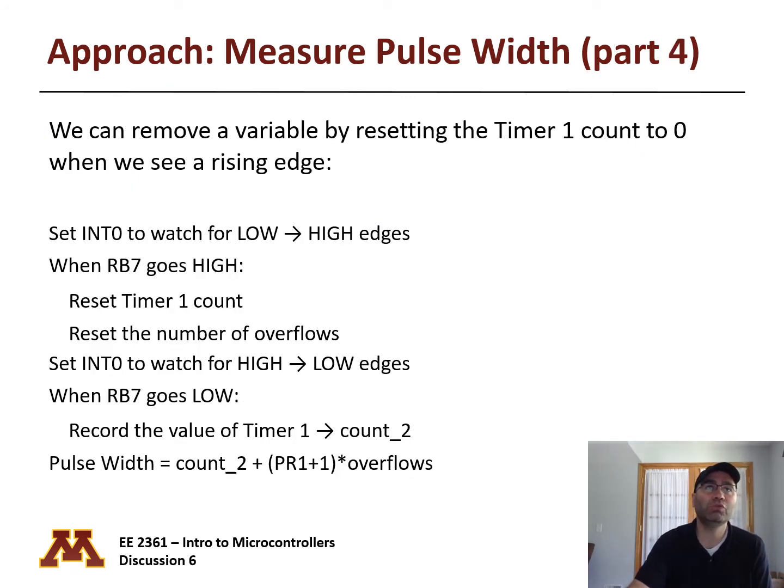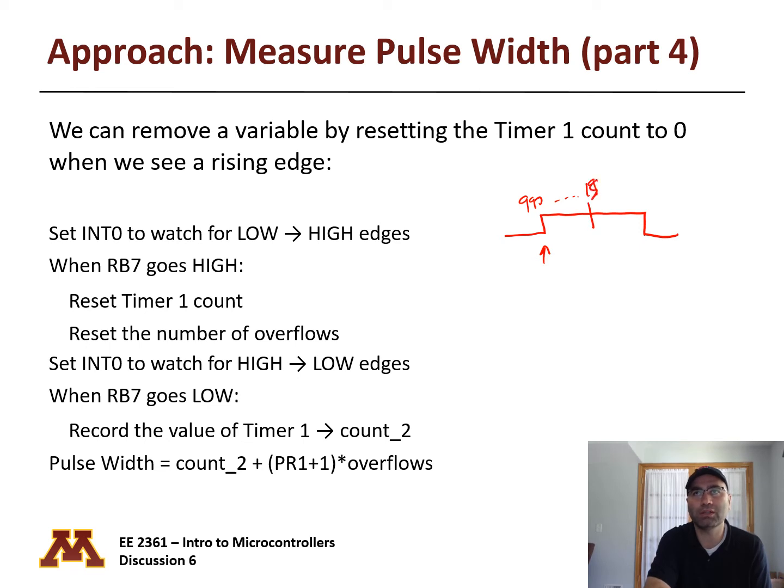Well, we can remove one variable by resetting the timer 1 count to 0 when we see the rising edge. So in this formula, timer 1 value is something here, right? If we reset as we detect the rising edge, if we just clear the timer 1 value here, instead of, let's say, 990, and then it continues counting up to the overflow value,